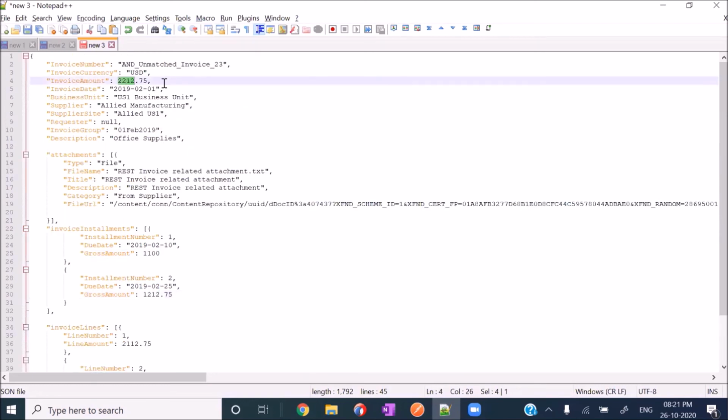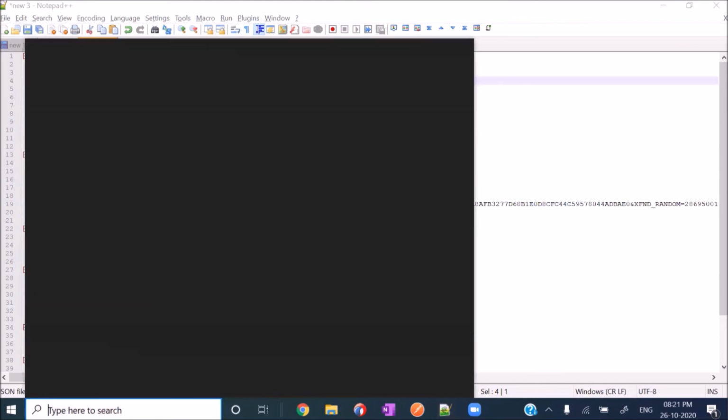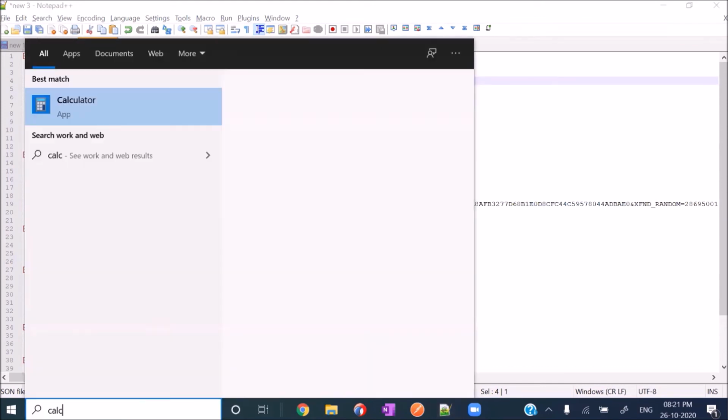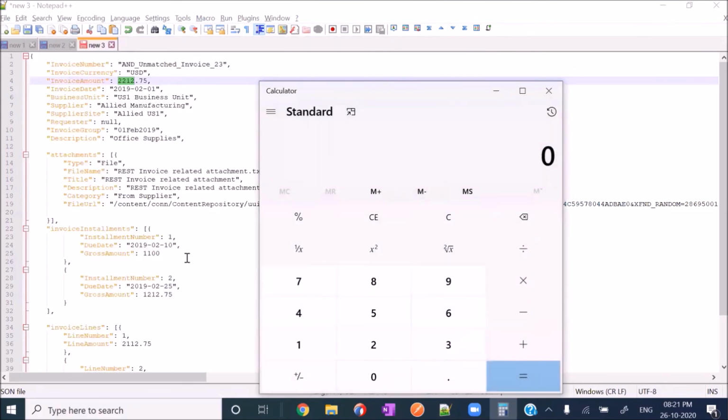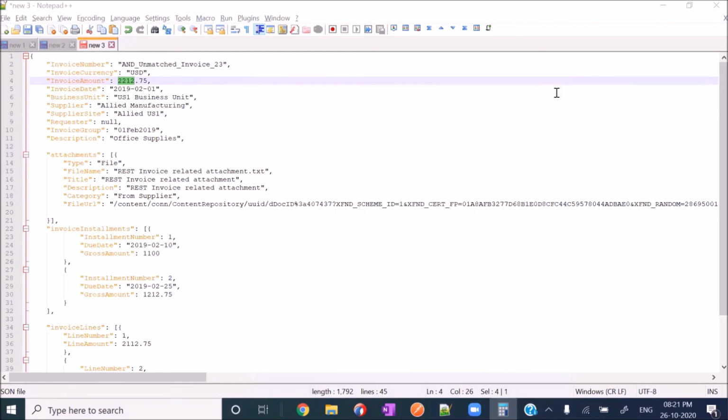The invoice total amount is given here. If I add the installment amounts, 1100 and 1212.75, it comes to 2312.75, but the invoice total amount is 2212. So that is the reason it is giving a hold.